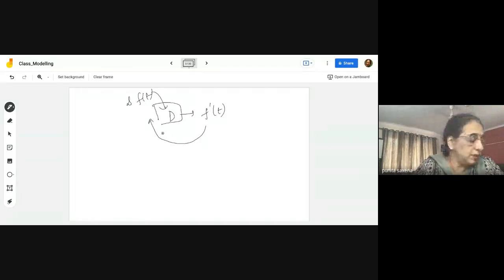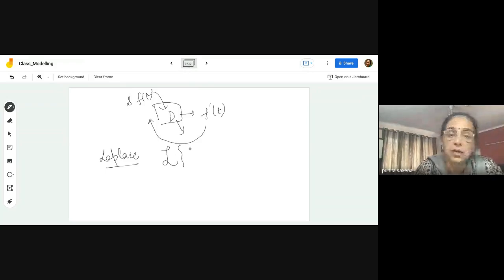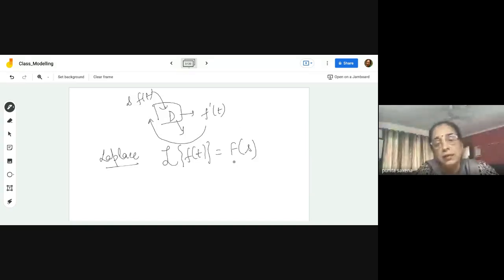Okay, so in a similar manner, when we are talking of the inverse operator for that, it is called the Laplace transform, and it is denoted by L. The only thing is that when the Laplace transform operates on something, we get another function, F of s. So now we are transforming this function into another function.